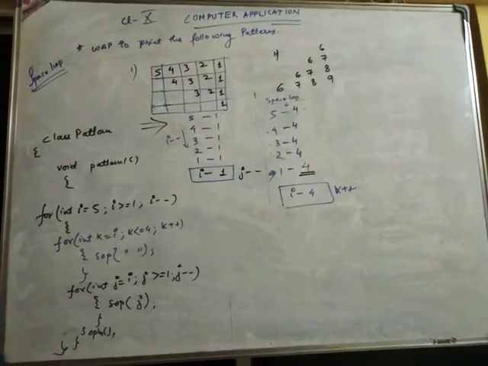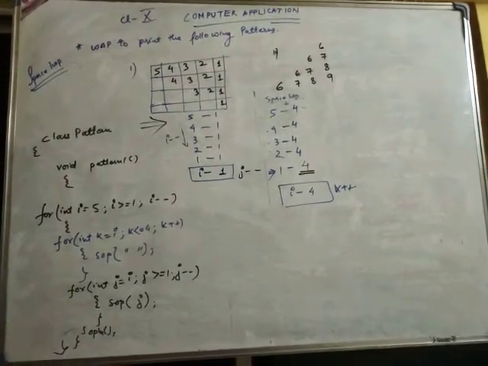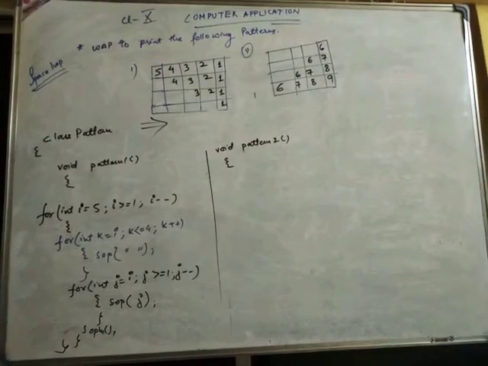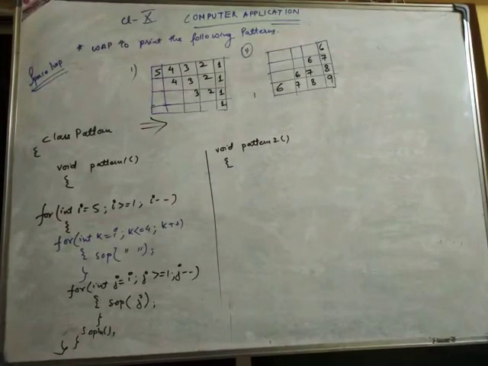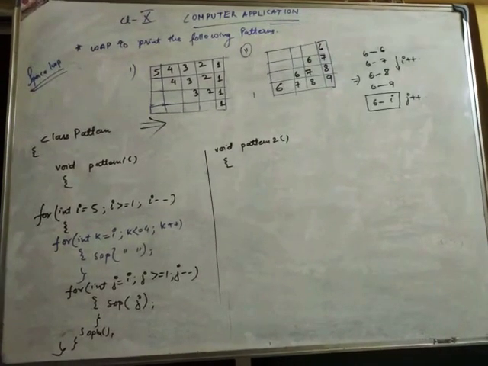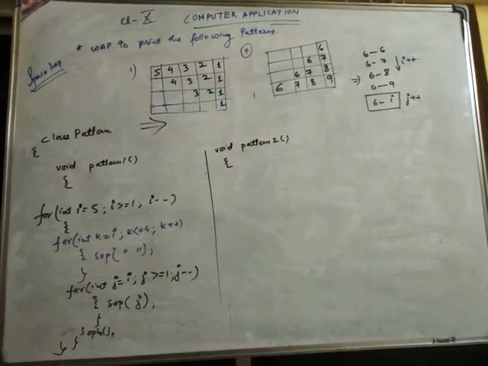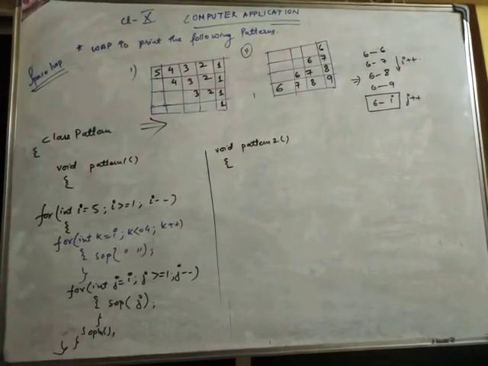Now next we will do void pattern 2, the same way. I have already designed the question properly. I made the boxes so that I can count the spaces also. So first of all we have to make the first table. We will start from left to right. From the left side and from the right side, we will get 6 6, 6 7, 6 8, 6 9. This is how the first table will be. We have written 6 to 6, 6 to 7, 6 to 8, 6 to 9.